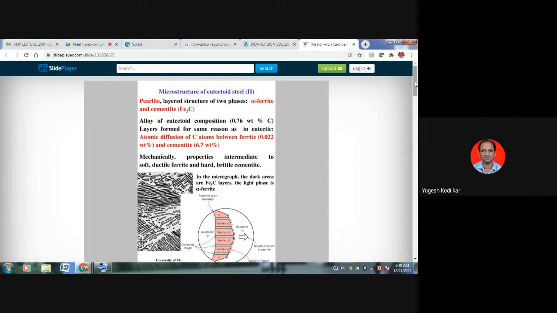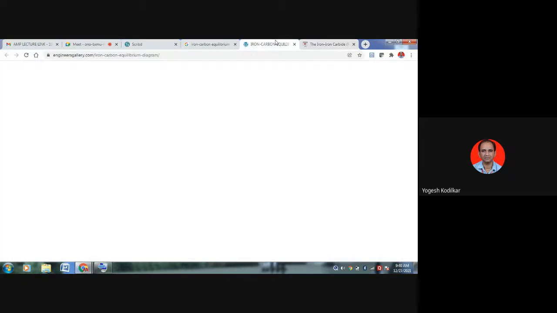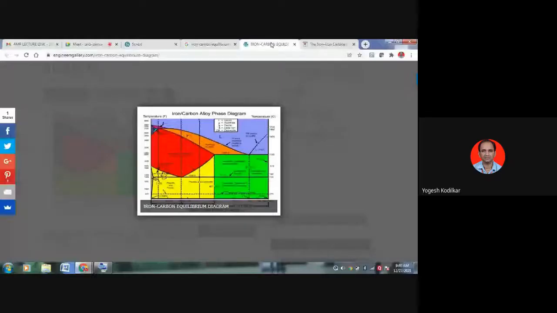Again, this converted into the delta iron or liquid iron. The delta iron again has a BCC structure, or body centered cubic crystal structure. So in this way, iron shows different properties. Iron shows different crystal structures at different temperatures as well as at different carbon compositions. This property of iron is called allotropy of iron. This means iron shows different phases at different temperatures.